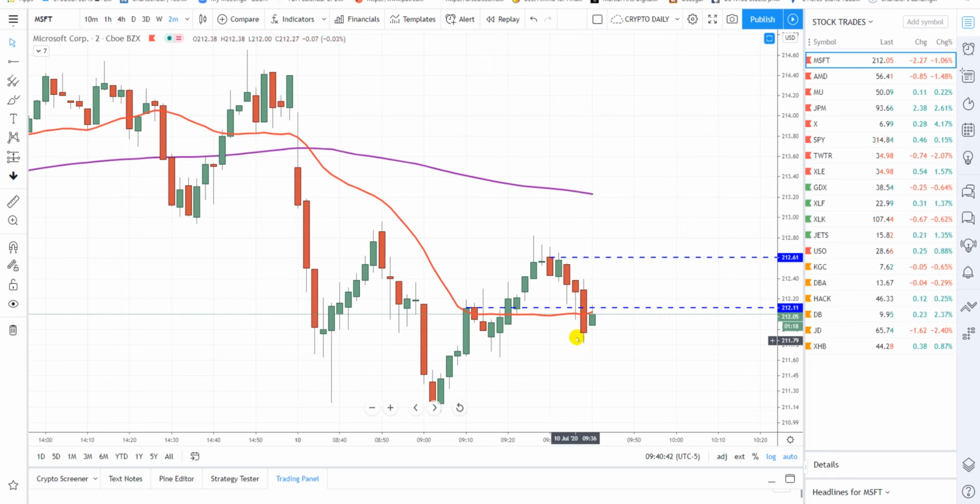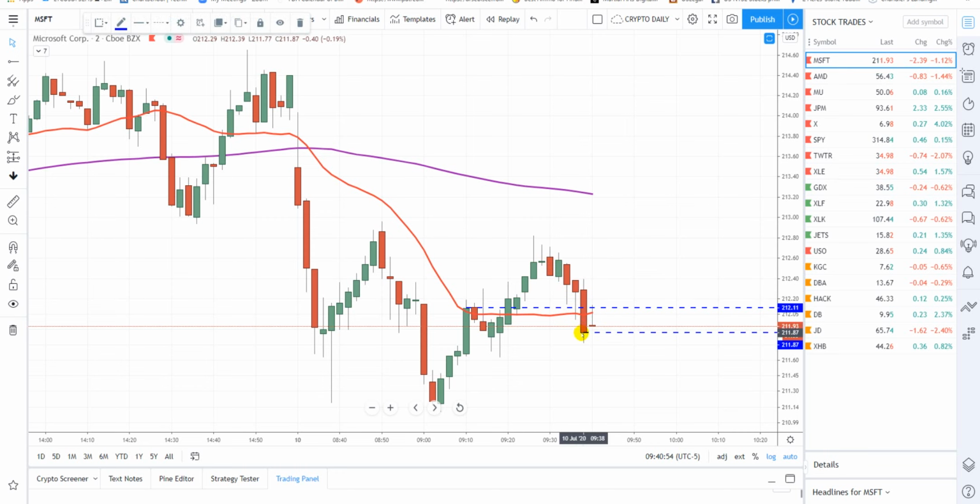If it rolls to the downside, which it very well could, and it looks like it is now, we will use the bottom of this candle as our stop loss right here,